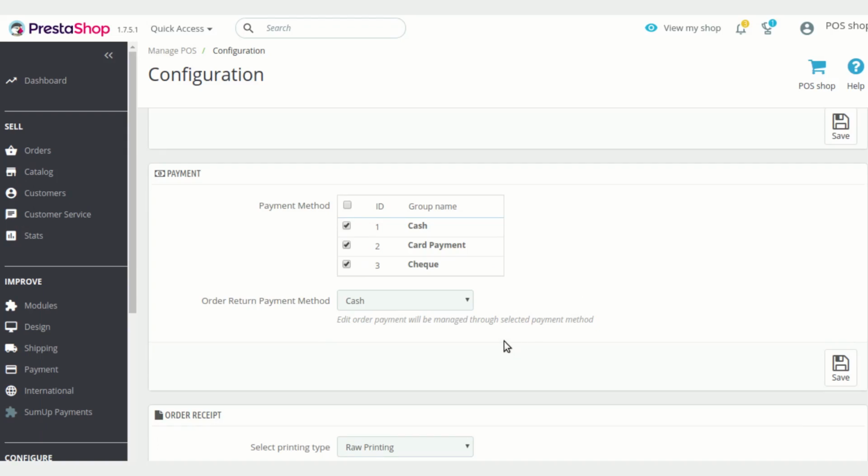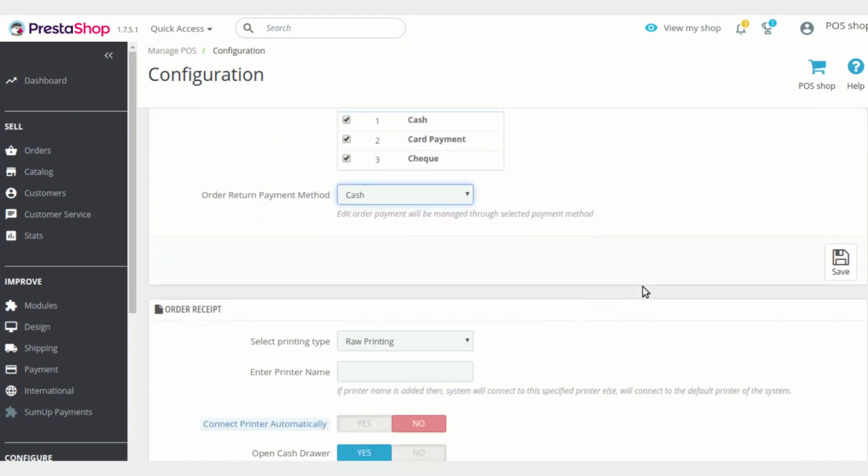You can configure that payment method too. If you enable card payment, then your POS employee will need to process the payments of refunds with card only. In case you enable cash, then cash payments can also be processed while accepting a refund.